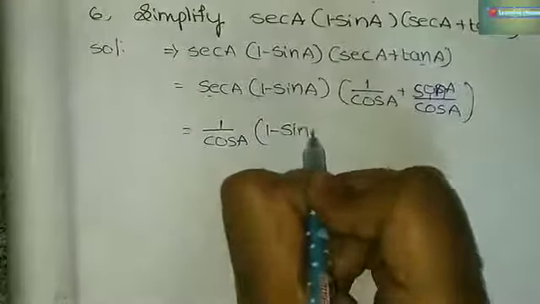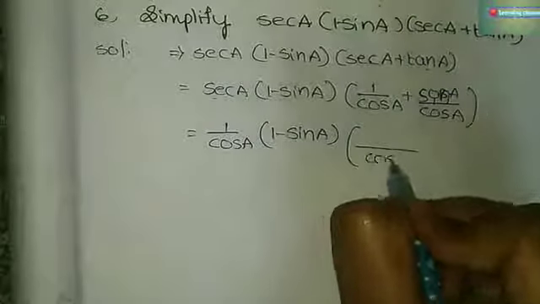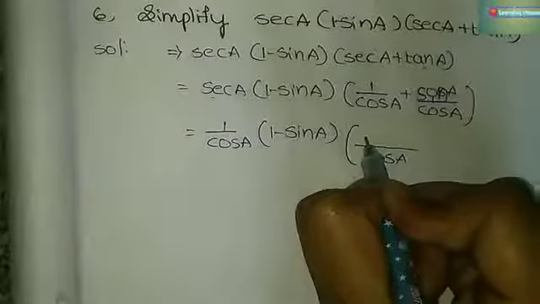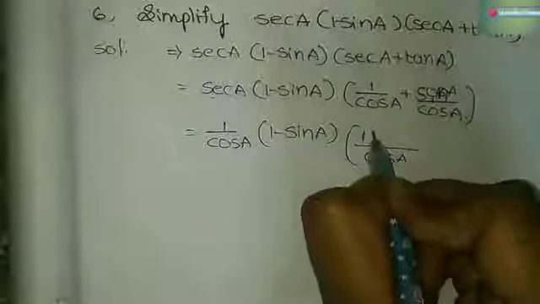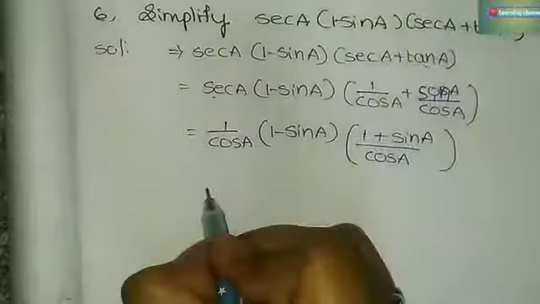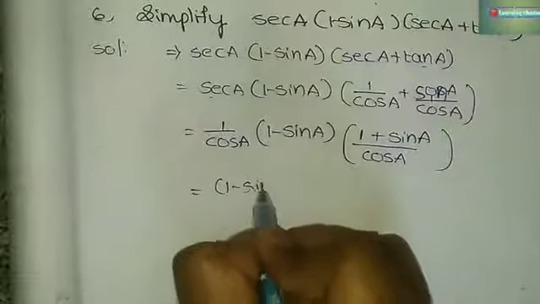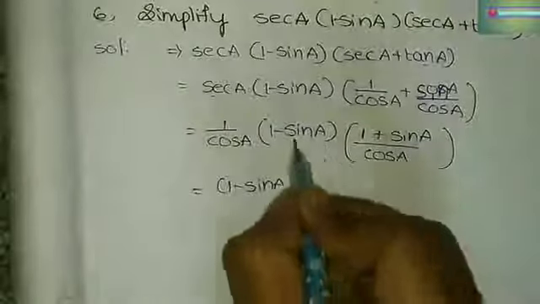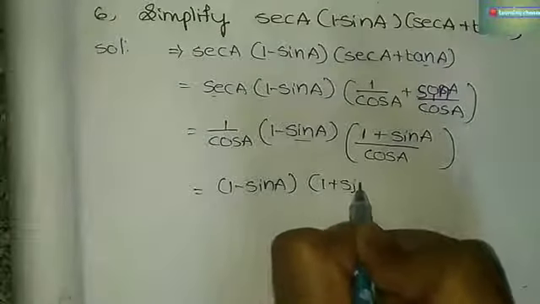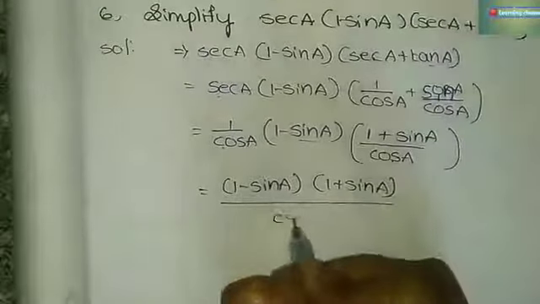The seventh one is prove that sin a plus cosecant a whole square plus cos a plus secant a whole square is equal to 7 plus tan square a plus cot square a. Let us take the LHS part. Sin a plus cosecant a whole square plus cos a plus secant a whole square. It is in the form of a plus b whole square.